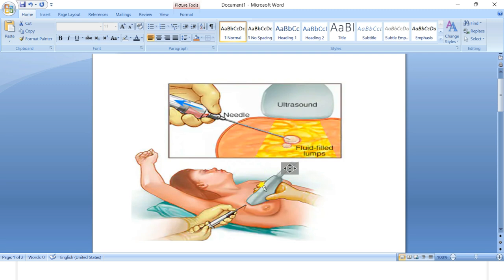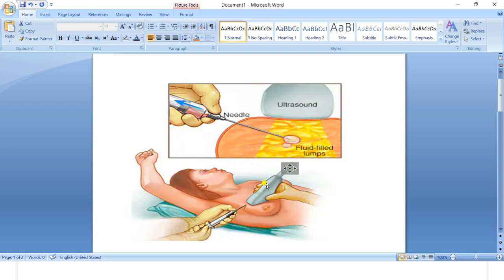You can see the picture also. See, with the naked eye he can't see where the fluid formed exactly, right? So he will take some guidance, that is nothing but the ultrasound, magnetic resonance, like that. See, here the patient is lying on the table where the doctor is removing the fluid with the help of the guidance. This is nothing but the fine needle aspiration and core needle biopsy.